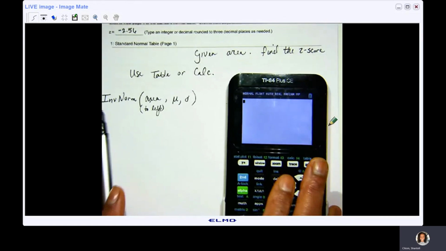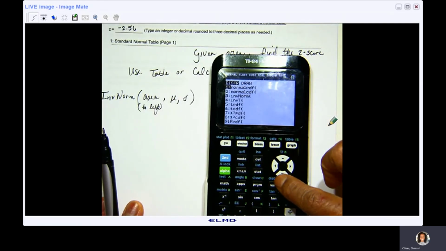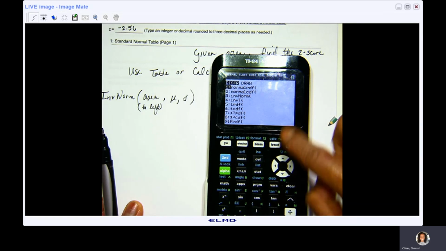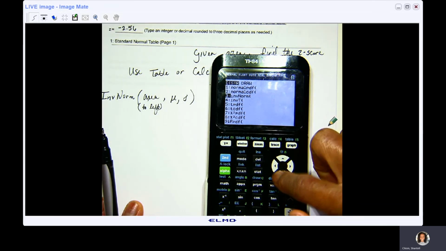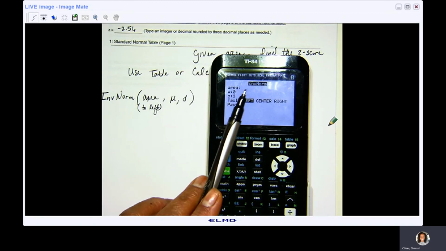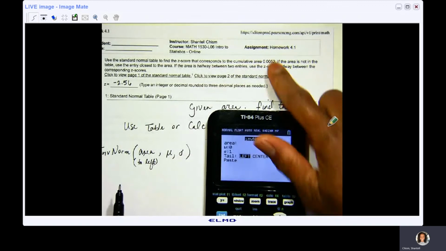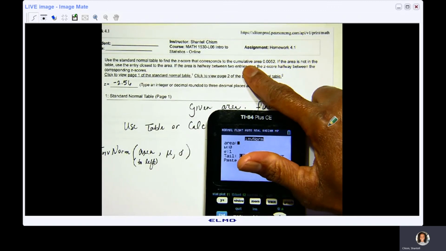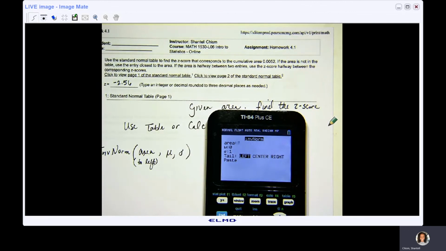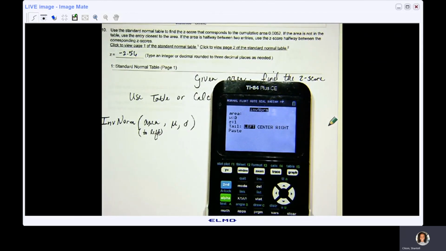So inverse norm, you're going to find that under second vars. Remember that the distributions are all under vars, under the second function of the vars key. So inverse norm is that third key right there. So I'm going to tell my calculator what the area is, and cumulative area is representing the area to the left, okay? That means the area to the left, the area behind you, okay? The accumulation up to that particular z-score. So our area to the left, or our cumulative area, is